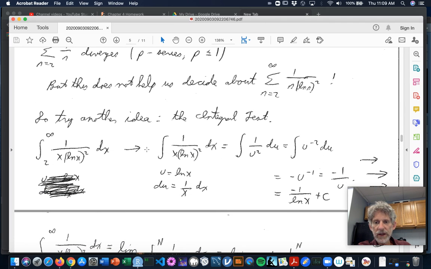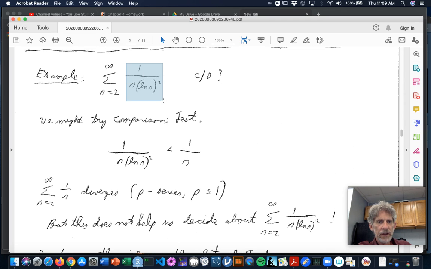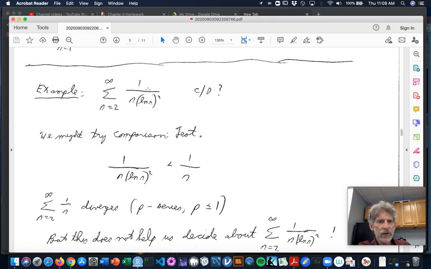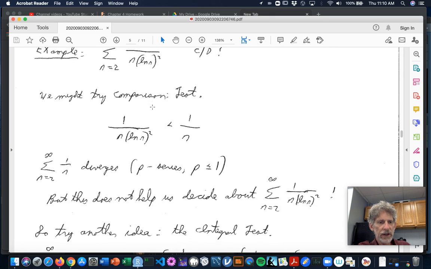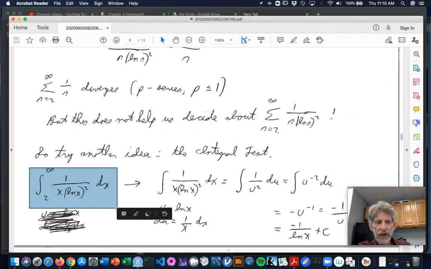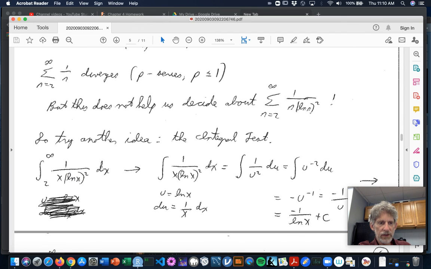So let's try something else. Hey, maybe, when I look at this, that looks like if it were a function of x that I could maybe find an antiderivative. Let's see if we could do an improper integral here. So looking at sum n goes from 2 to infinity here, let's look at the improper integral of 1 over x log of x squared from 2 to infinity. This would be good to look at because that function there is positive, it is continuous, and it does decrease from 2 to infinity. So let's try the improper integral.